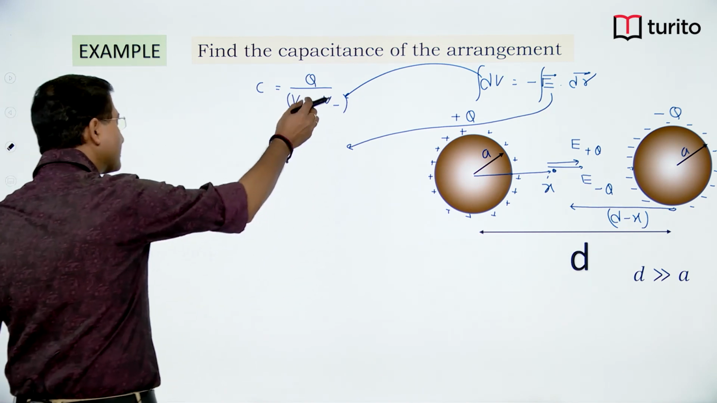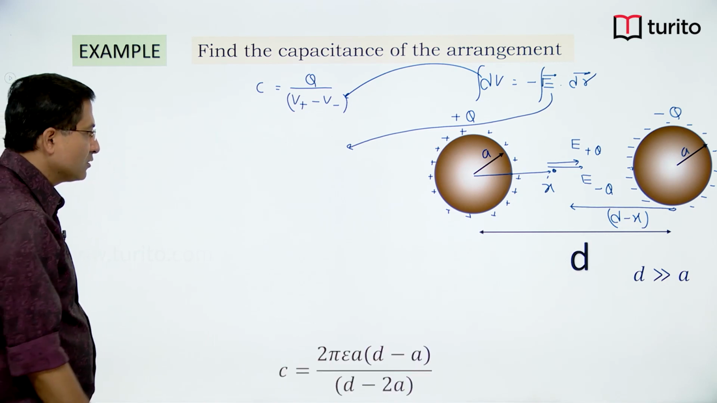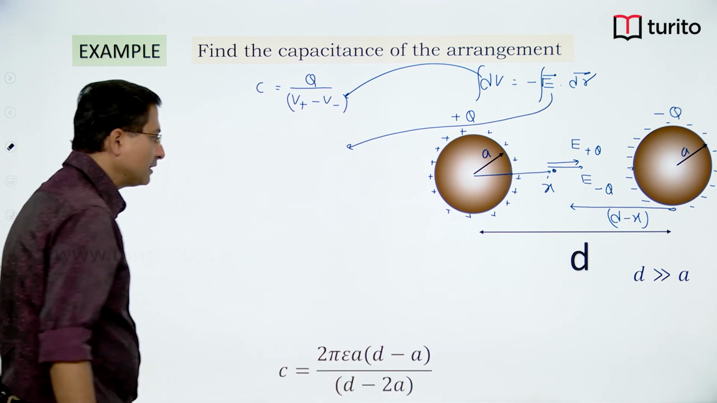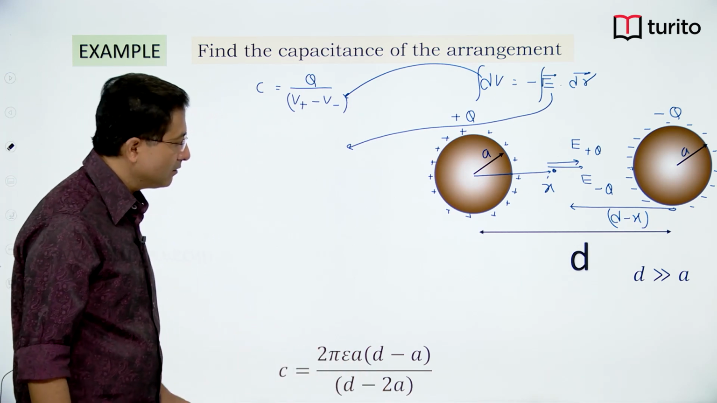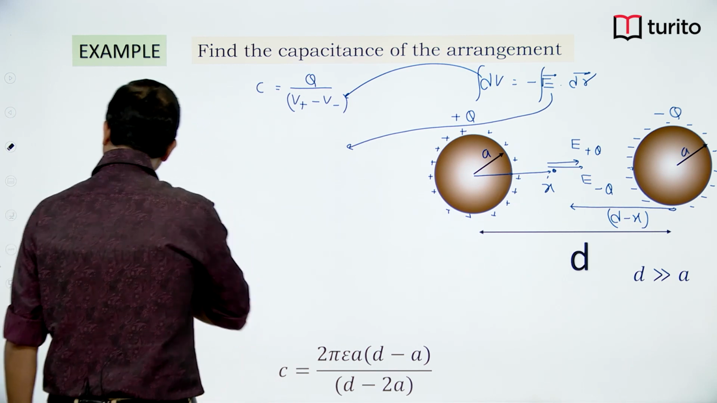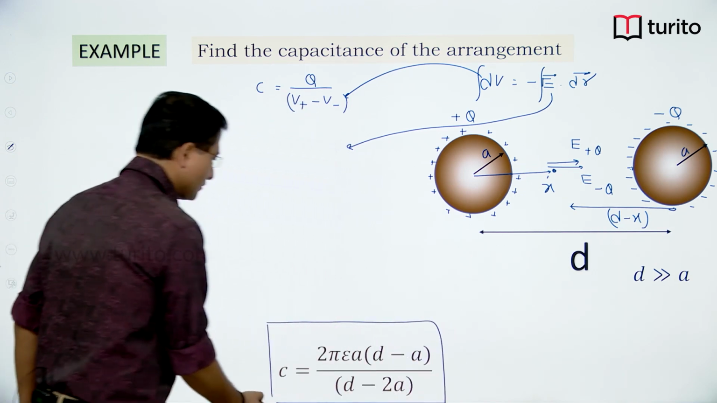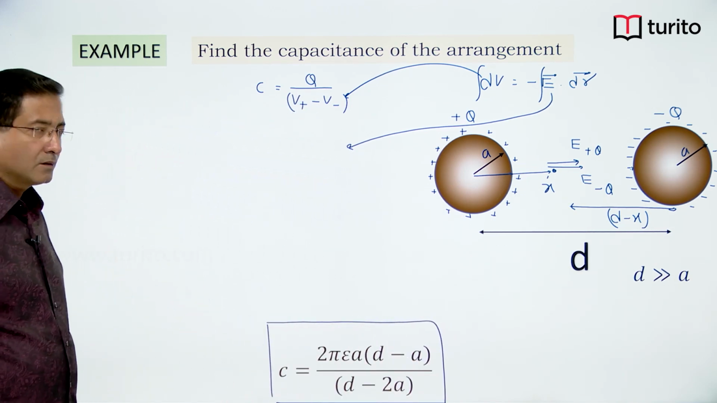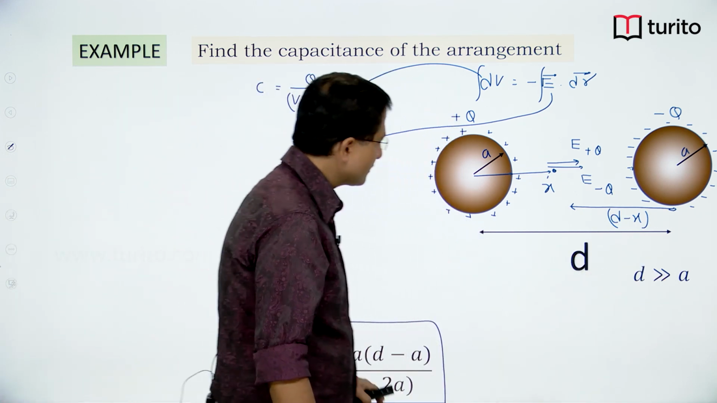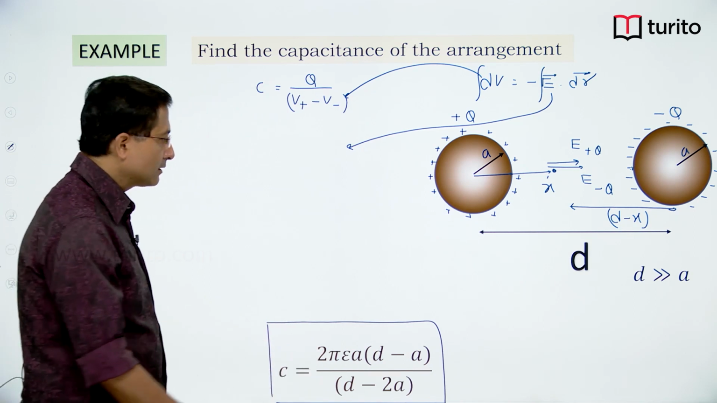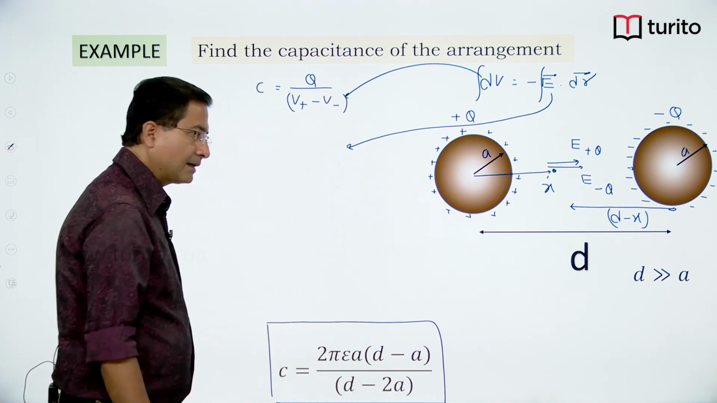So, when I substitute the potential difference, after simplification we will get C is equal to 2 pi epsilon naught A (d minus A) in bracket, divided by (d minus 2A). Look at this one. Now here the condition is d is very large as compared to A. So, if I substitute d very large as compared to A, I can neglect A